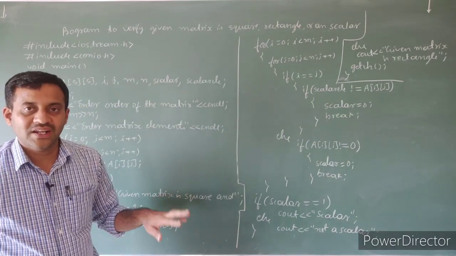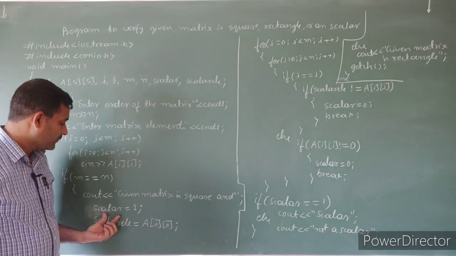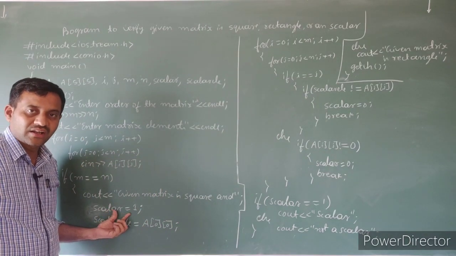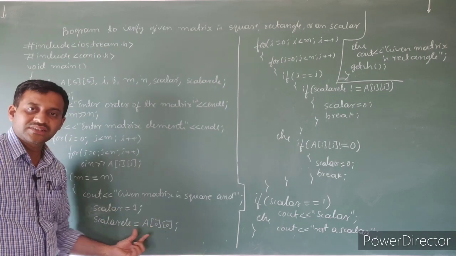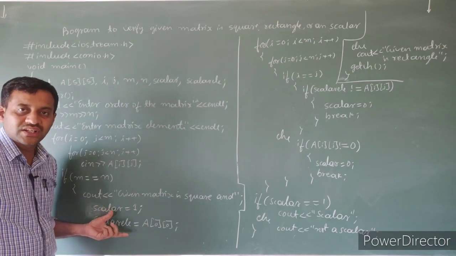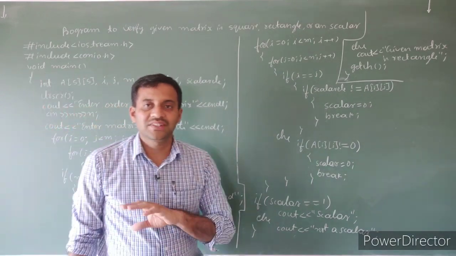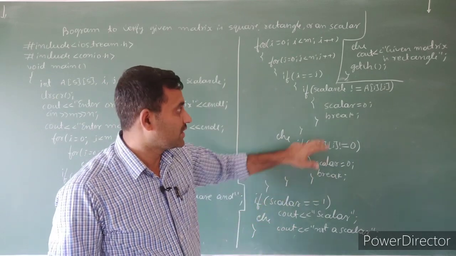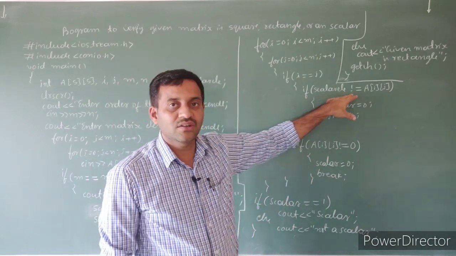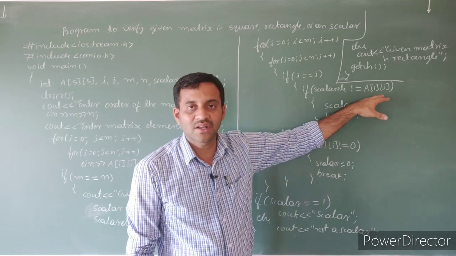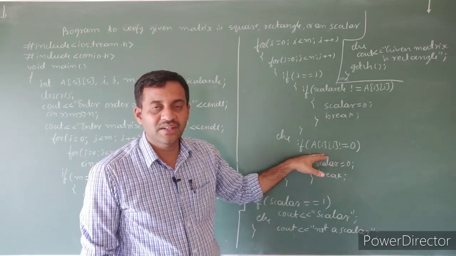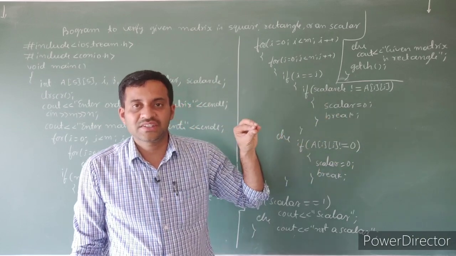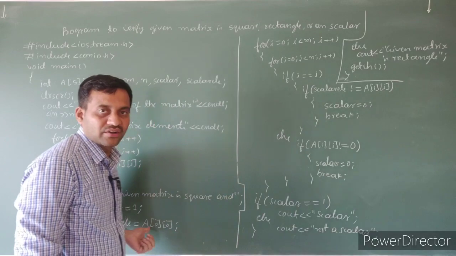After that we have to verify the scalarity. To verify the scalarity, first initialize, this is only initialization, given matrix is scalar. Then first element is the scalar element. Using these two initializations, we have to verify given matrix is not a scalar. To say given matrix is not a scalar, there are two conditions. If all scalar elements are not equal, and other than principal diagonal elements are not equal to 0. Out of these two conditions, if any one condition is true, our assumption is wrong.